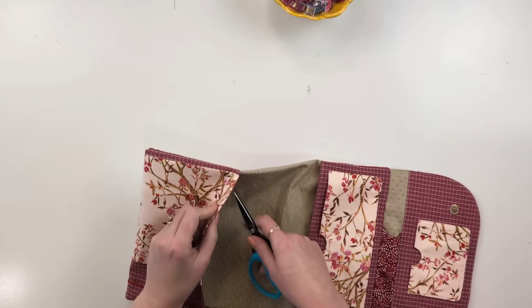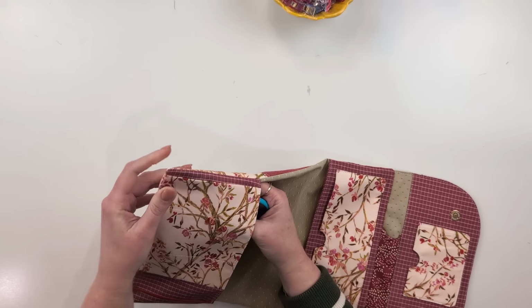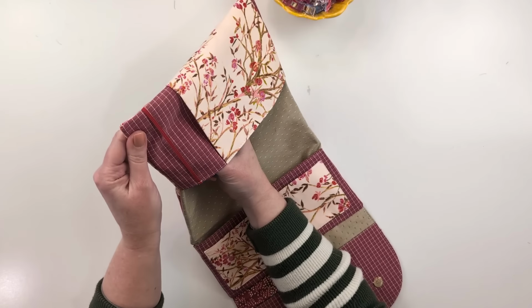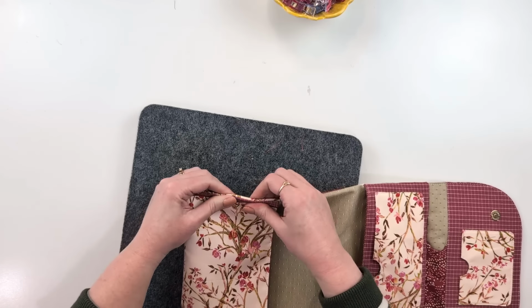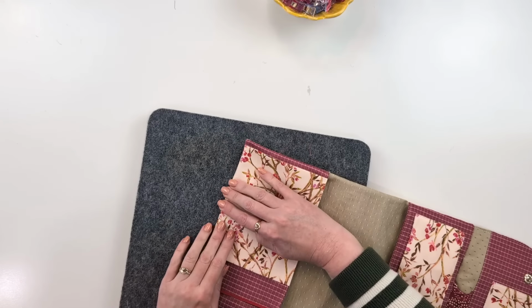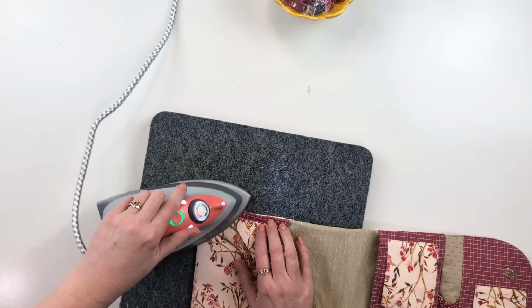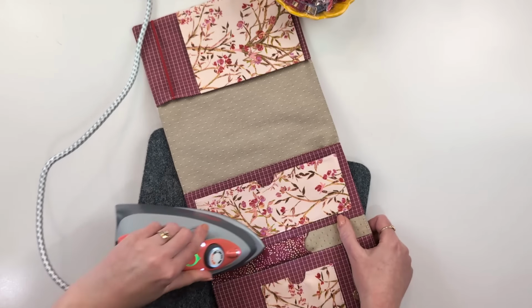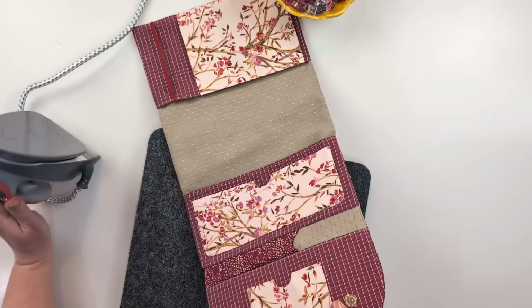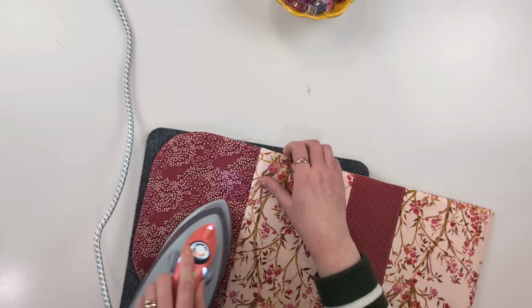So now you're going to grab your point turner and just very carefully poke that into these corners and just push them out just a little bit more, just to crisp them up a little bit. And the same with the corners on the flap. So now we're going to roll these seams between our fingers and press along the edge, just to get everything nice and straight and smooth. Now flip it over and you can press it again from the exterior side. Just pull out any stray raw edges that might be